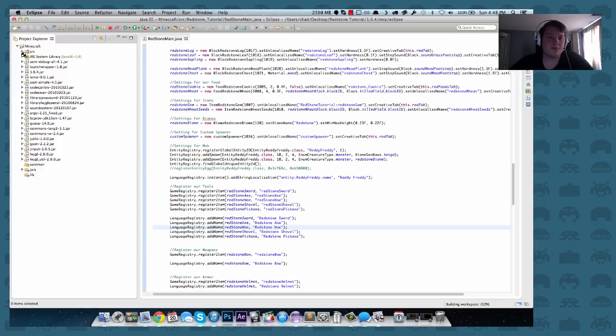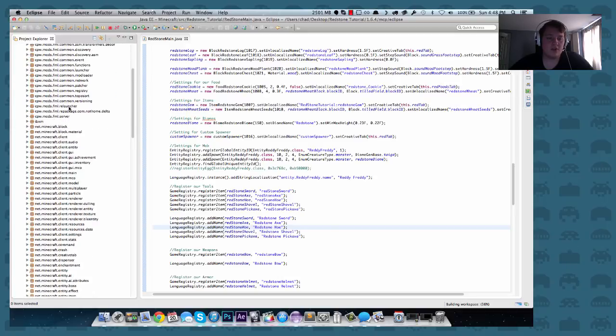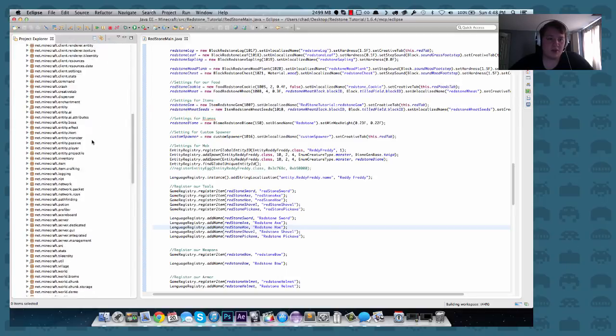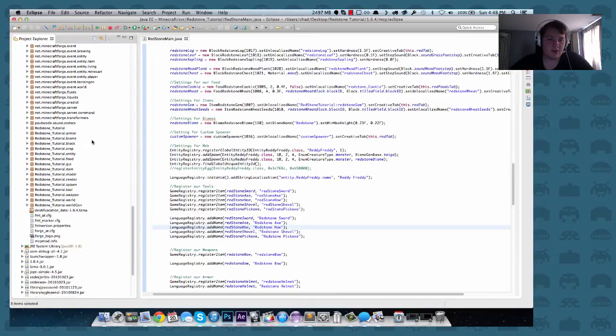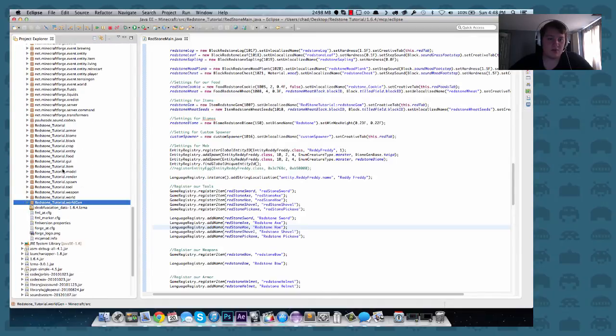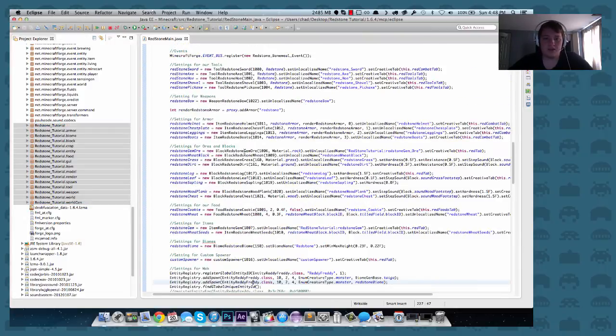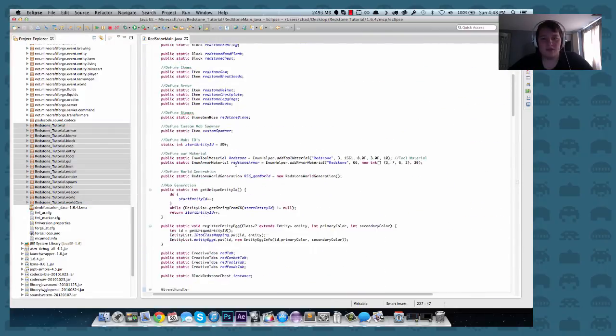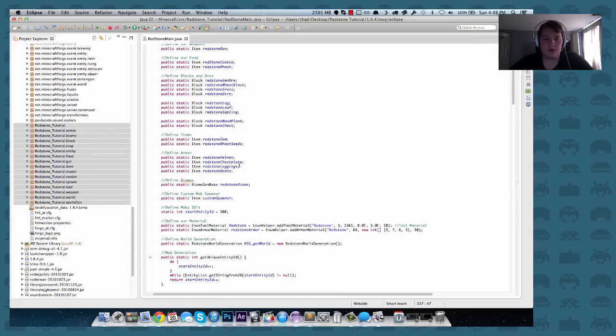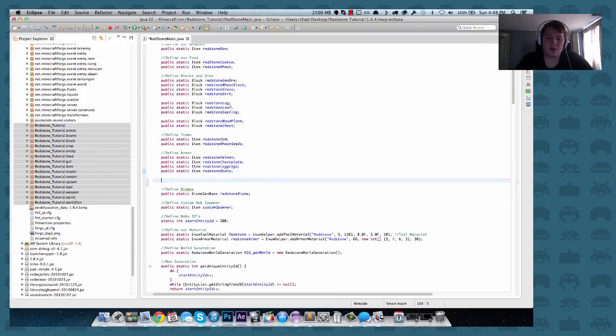Alright, so first we're going to be going into our redstone main, but I'm also going to get set up right here. Alright, so we got all of our packages. There we go. So we're starting here at the top. We had simple stuff, things we always do. Got to define our custom arrow. So we're going to define